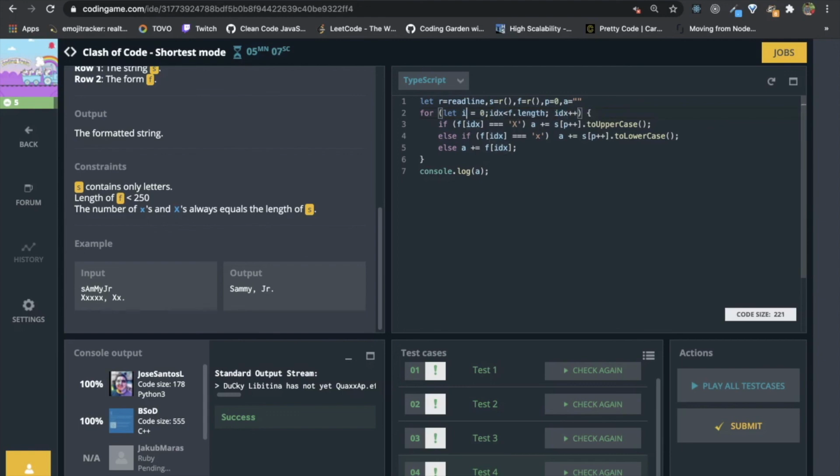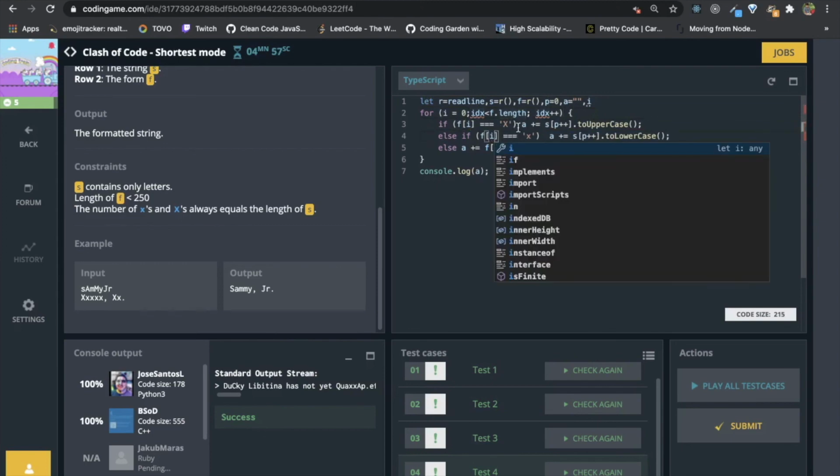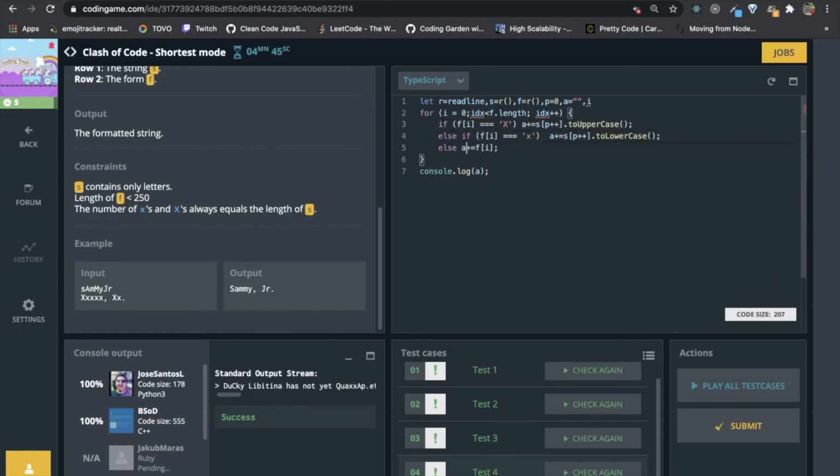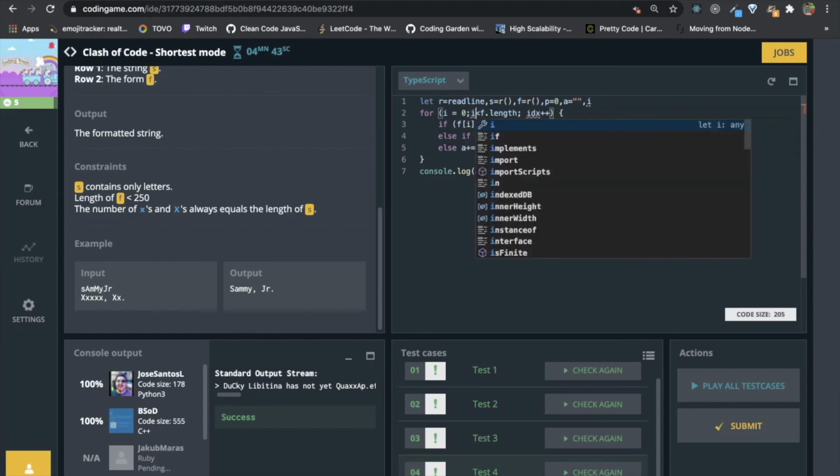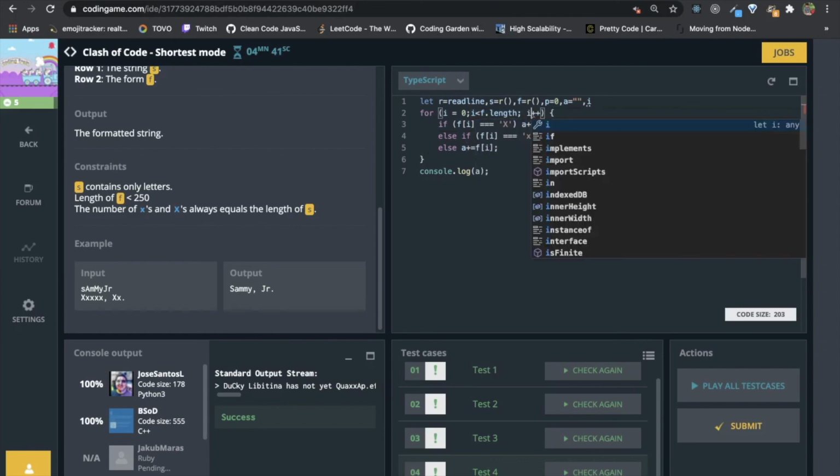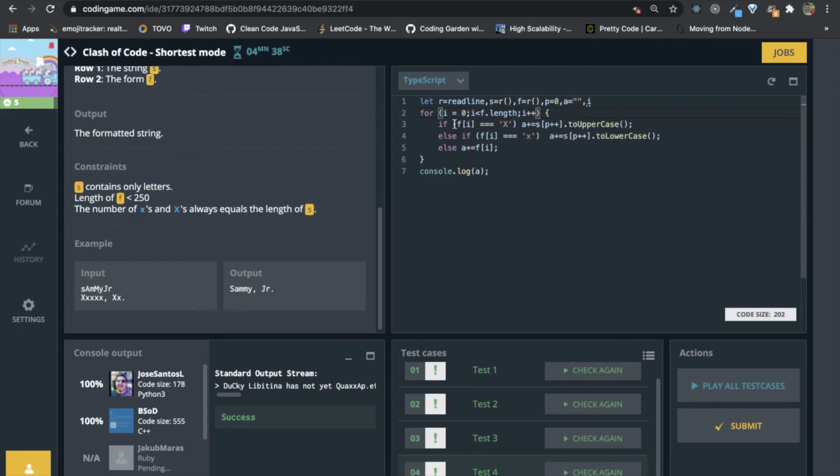Like we can call I here only, don't need to initialize it. So yeah, let's try to shorten it as much as we can. Okay, no need of this here.